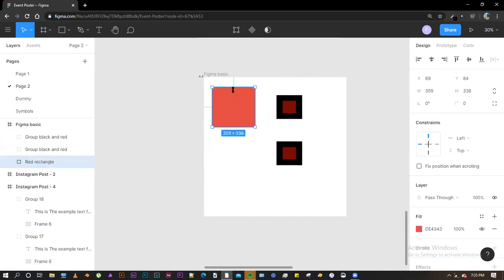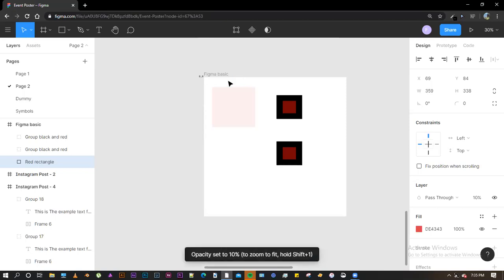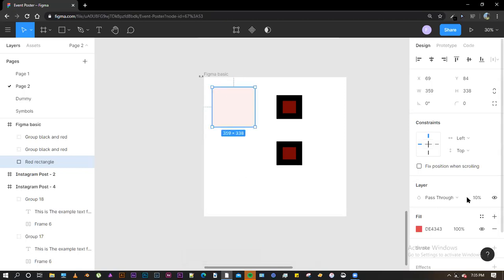One of the easy shortcuts with this is if you click on any layer or a group, and if you click on any number, so if you click on 1, it would reduce the opacity to 10. And if you click on 3, it would reduce the opacity to 30. And if you click on two numbers simultaneously or very fast, it would change it to that particular number. So say I click on 3 and 2, it would change the opacity to 32%. So opacity is the amount of visibility that this layer has. And if you want to change it back to 100, you simply click on 0. So this is a quick opacity shortcut.